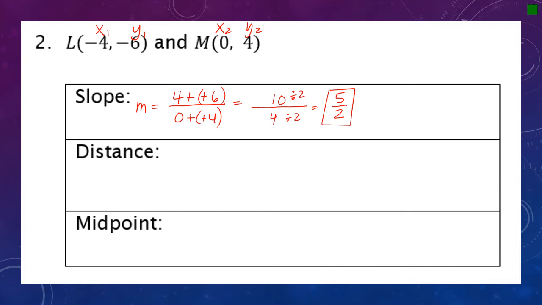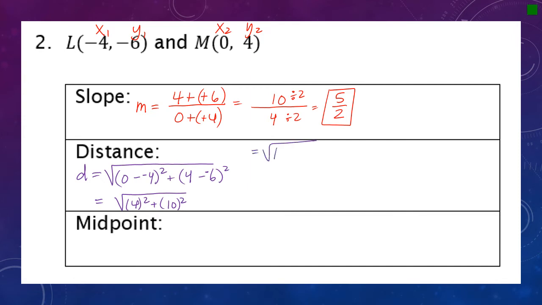All right, distance. This is the hard one because you have to do so much simplifying. So again, I'm going to set up my formula. All right, so now I'm going to plug in my x2 minus x1. So I have 0 minus negative 4. And then y2 minus y1 would be 4 minus negative 6. 0 minus negative 4 is 4. And 4 minus negative 6 is 10. So what I end up with here is the square root of 16 plus 100,